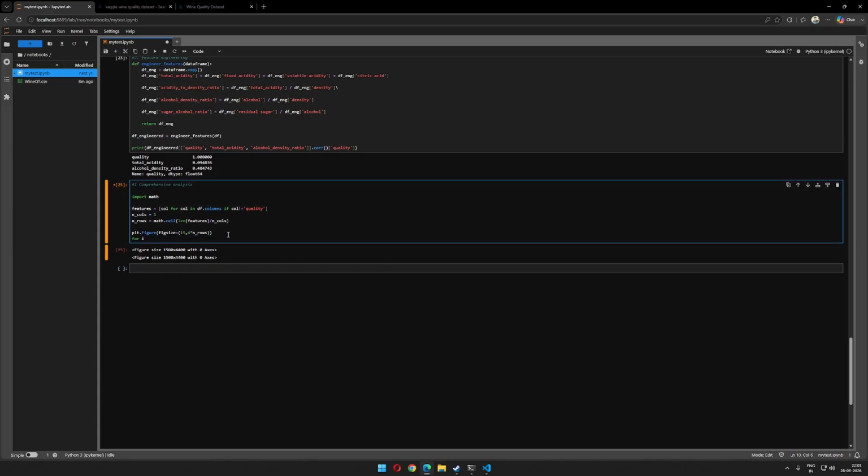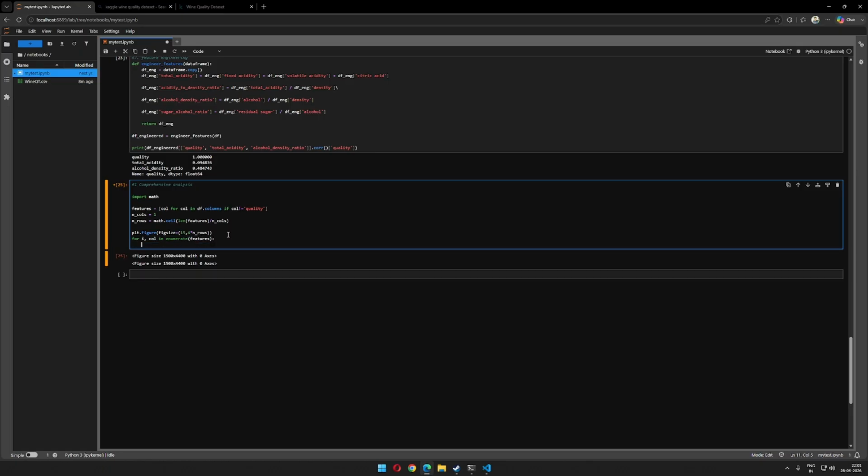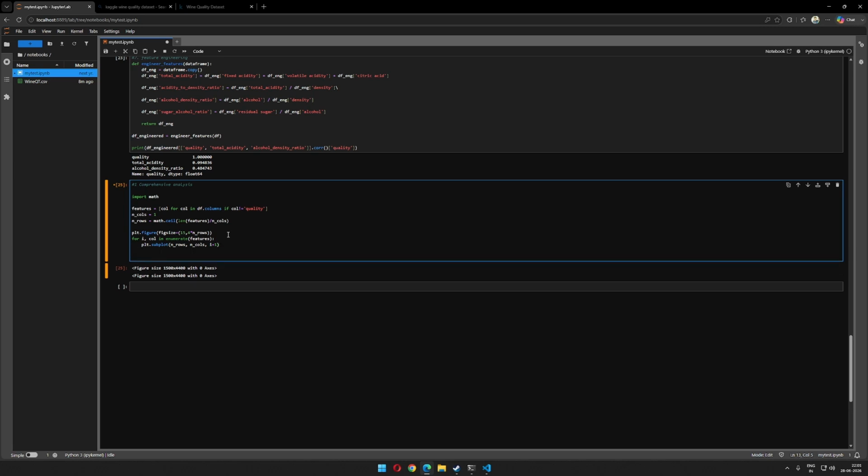Next, for i, column in enumerate features, I will write plot.subplot n_rows, n_cols, i plus 1, sns.kdeplot, data equals data frame, x equals column, hue equals quality,